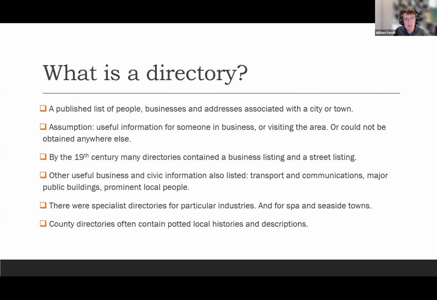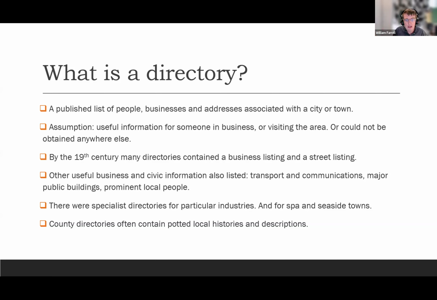At the beginning, I'll talk a bit more broadly about trade and street directories generally as a source for family historians and for local history. And I will talk about our collection specifically, which some people may have seen or used before, but I won't go into that just yet because there are several other major collections out there that people may already have used or may use in the future. So I'll go broad and then go a bit more specific.